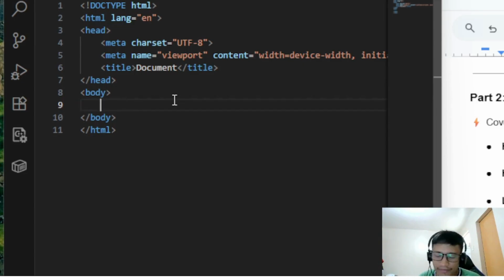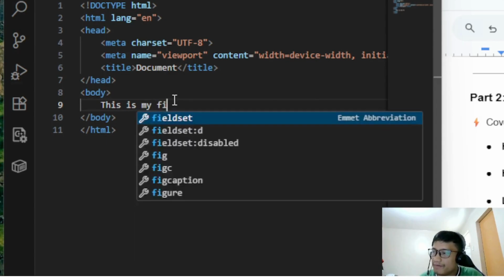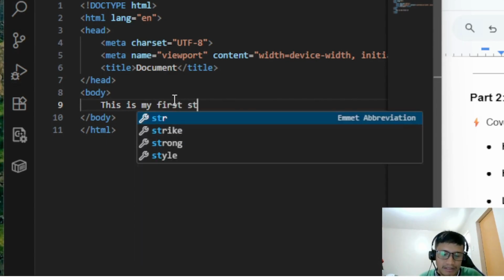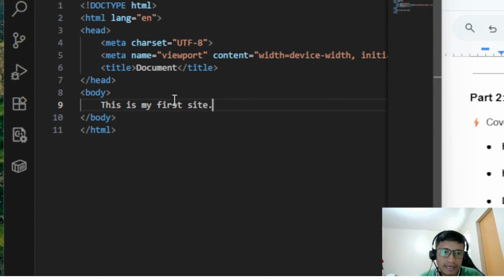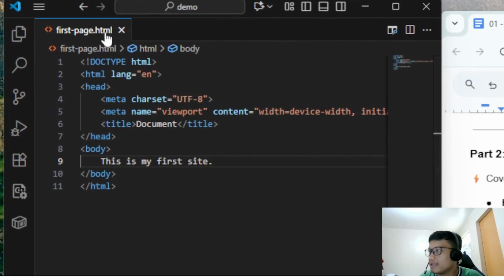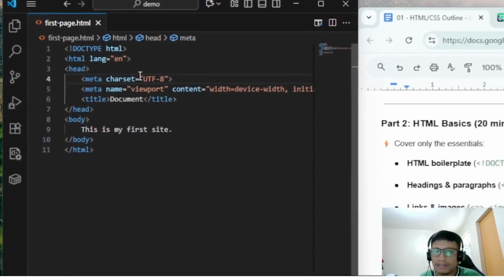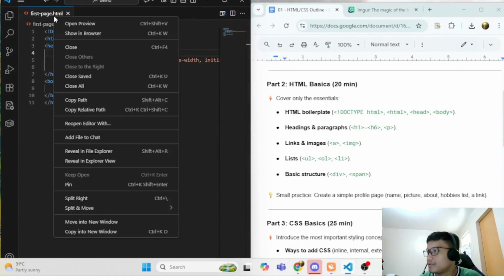So for instance, this is my first site. Okay, and then I'll save this one, and after saving, right click and then show in browser.